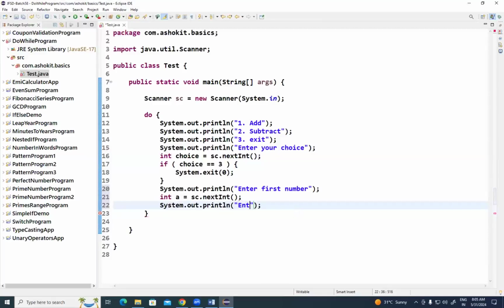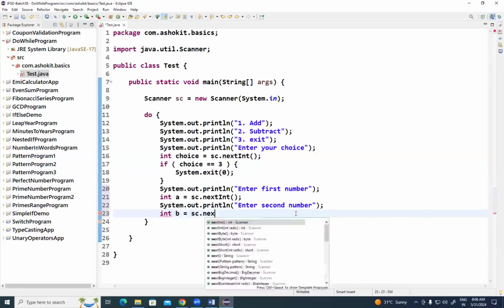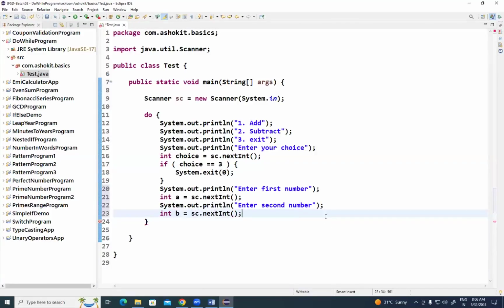Enter second number and get the option into b. Okay, folks. Get the first number and get the second number. Guys, you got both the numbers into the variables like a and b? Yes. Now,